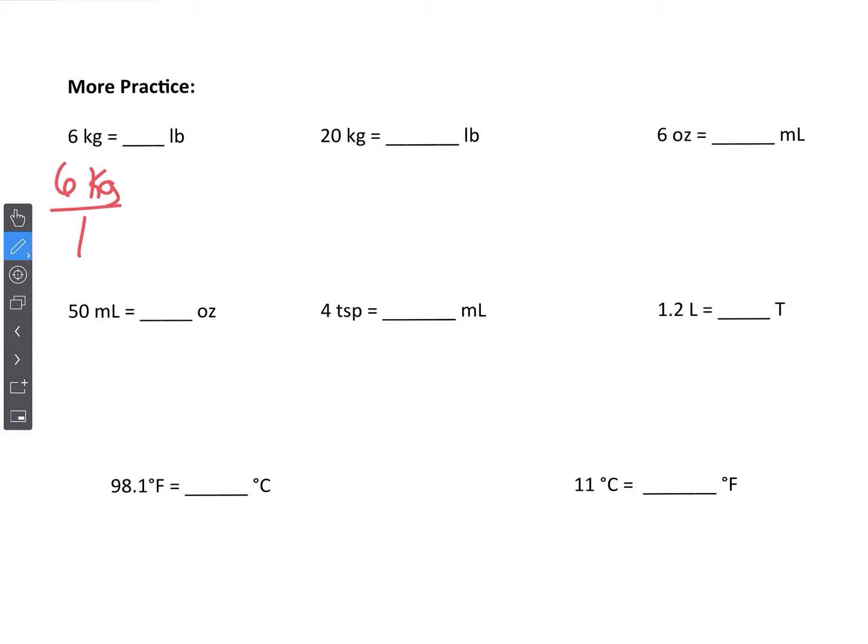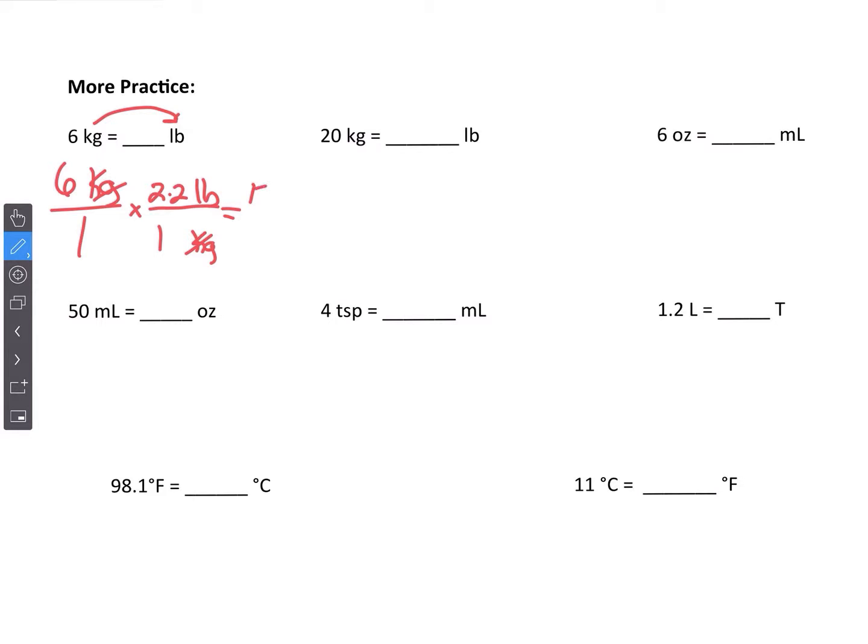I then think about whether or not I know a direct conversion from kilograms to pounds, and I do. So with dimensional analysis, if I want to cancel out kilograms, I will multiply by a conversion factor with kilograms in the denominator, and like I said, I know there is a direct conversion from pounds to kilograms. There are 2.2 pounds in 1 kilogram. That tells me if I multiply 2.2 times 6, which you will get